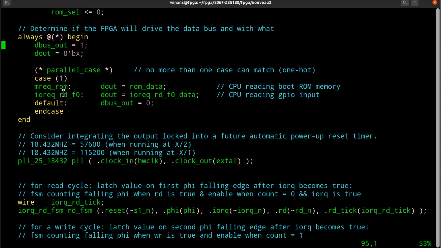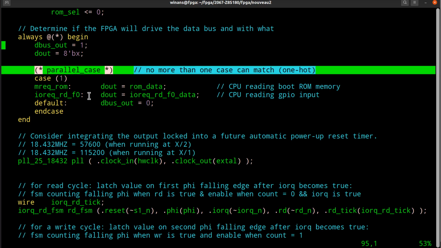Okay, so each one of these is 1 bit, and if 1 is true, it'll do what it says in here. And if you really think about what this is doing, and if you comment this out and compile it without this, you'll actually see it uses more LUTs. I'll leave that as a test to the viewer. Okay? And the reason is, if you think about what this means,